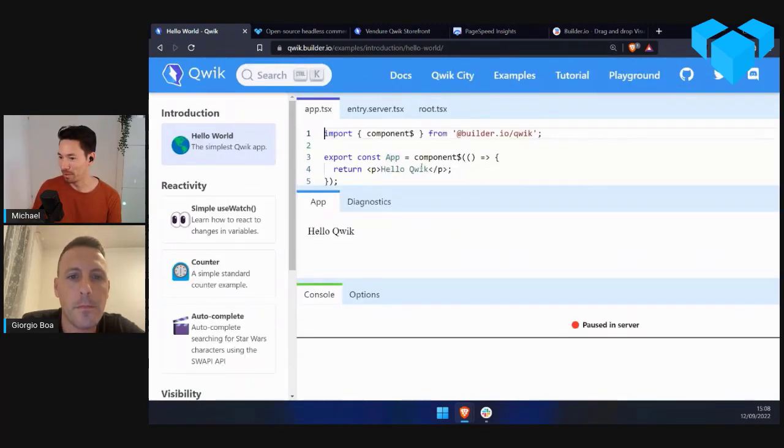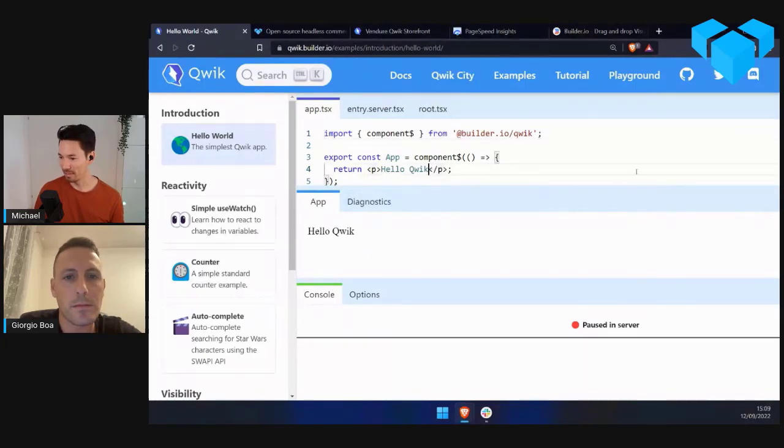I think this is probably quite familiar now because pretty much every framework is using this component-based approach, this architecture. And so we have this component$ function that's exported by Qwik. And in there, we're returning, is this JSX that we return? Yeah, really similar. By the way, I'm a React developer, and I also use Svelte, and the syntax is really similar. So for me, it was a zero learning curve to use Qwik.